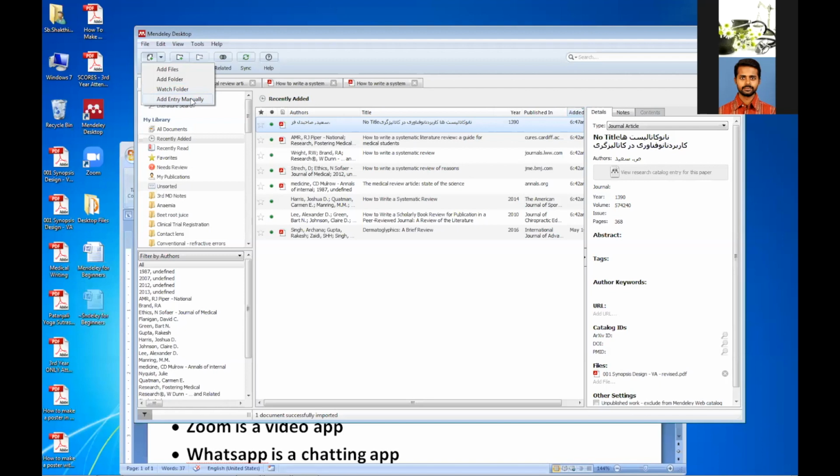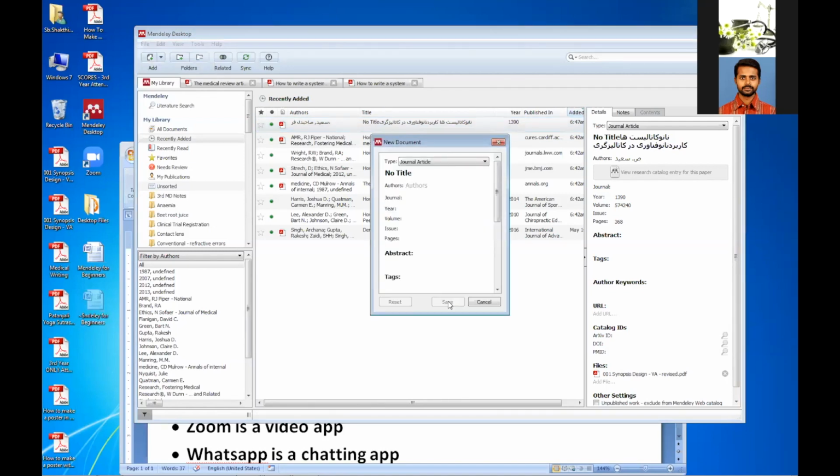Now, in your library, you might have a book. For example, you have Hatha Yoga Pradipika. Hatha Yoga Pradipika book, you do not have a PDF document. So can't you write a reference for Hatha Yoga Pradipika book? You can. How? Add entry manually. Now how do you write an entry? This problem is there with most of the naturopathy books we have. Lindlahr's book, we don't have a reference online.